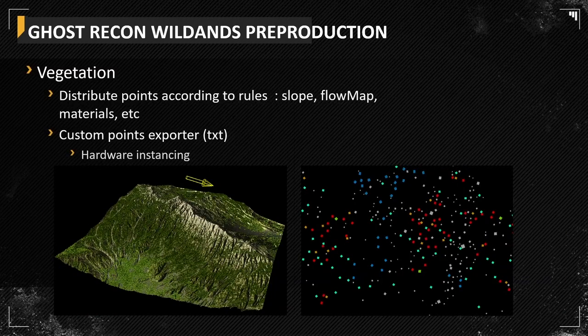We started to prototype for distribution a lot, because we're going to talk a lot about distributing assets on top of the terrain. And the first case, obviously, is vegetation, distribute points according to the same rules we talked about previously: height, altitude, slope, all of that, according to material. And we had to export all of that to our terrain. And we realized that Houdini was very, very flexible. It was the first time we had to put our hand into a little bit of scripting.